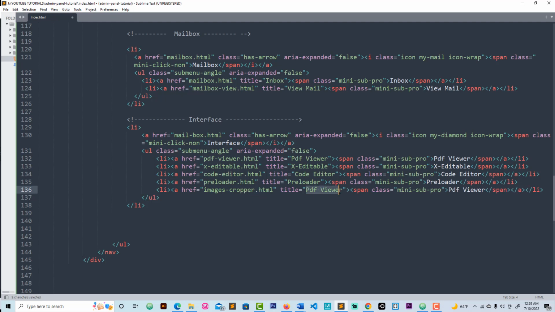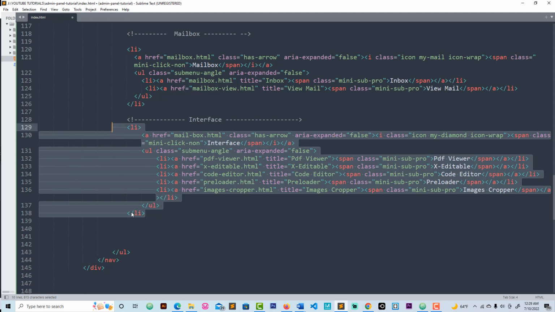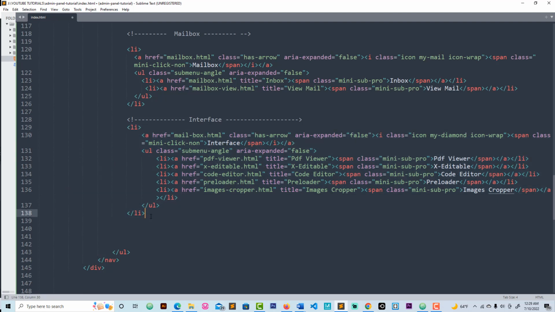Corper.html, and change the title as well. Okay, and change the name here and put images corper. Okay, also if you click here, is the opening, is the closing. This is one block of code. Go ahead, and I'm going to comment